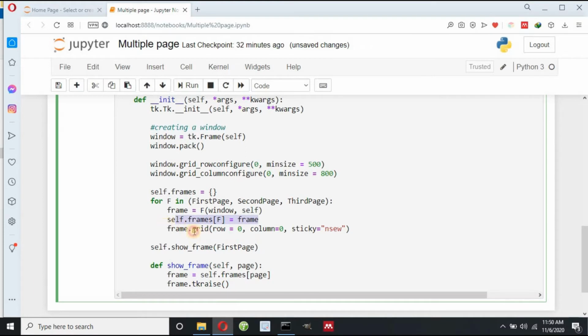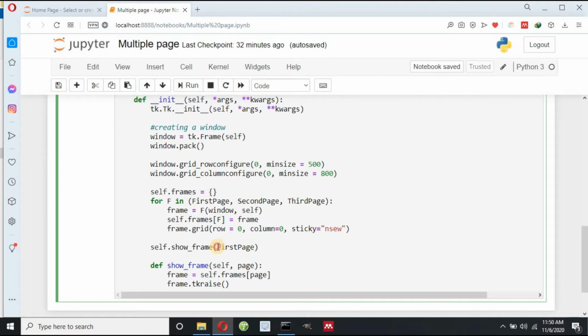And this is my place position where this frame should be placed, and I have to use this sticky method. This is a very important method, and the full form of NSEW is north, south, east, west. And I need to define a first page, because when I execute this cell, my first page will be displayed.